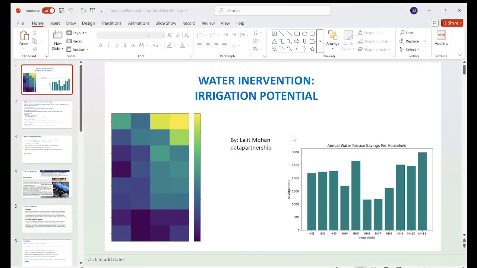So today I will discuss how to estimate the irrigation potential of an area. In my last video, I showed you how to estimate the rainwater harvesting potential for different households. Collectively, I took the sample data for each and every household, then accordingly calculated the rainwater harvesting potential. But this time, in this video,